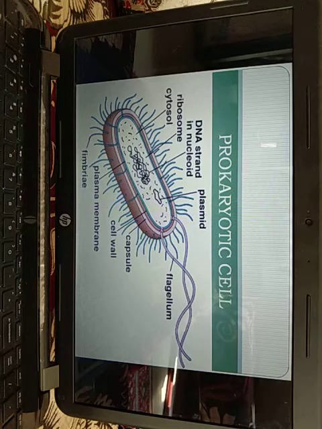The cytoplasmic streaming is absent, sap vacuoles are absent. Instead, gas vacuoles are present in prokaryotic cell. Various structures present in cytoplasm are, one of them is mesosome. It is the characteristic circular to villiform specialization of the cell membrane of the bacteria that develops as an ingrowth from the plasma membrane.